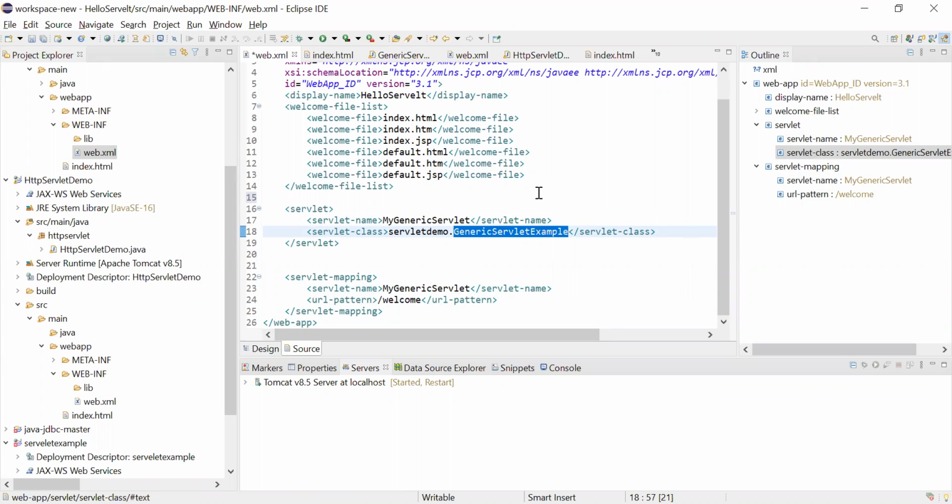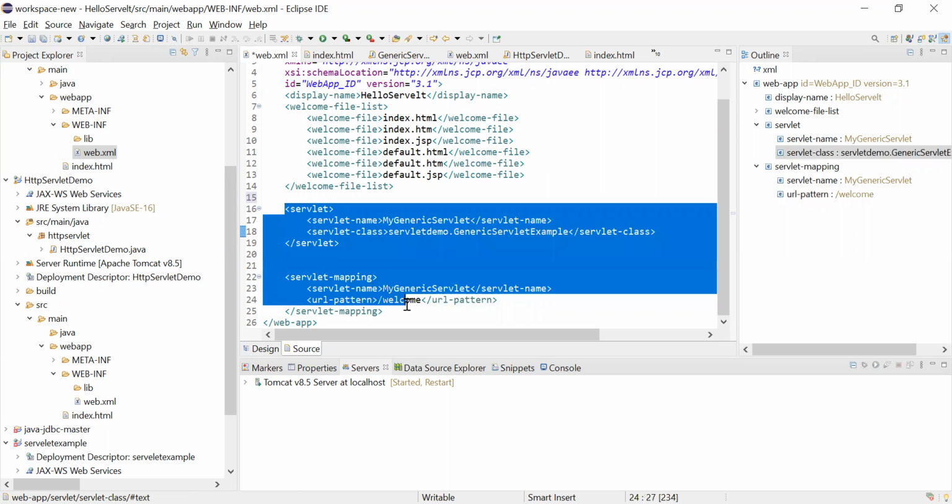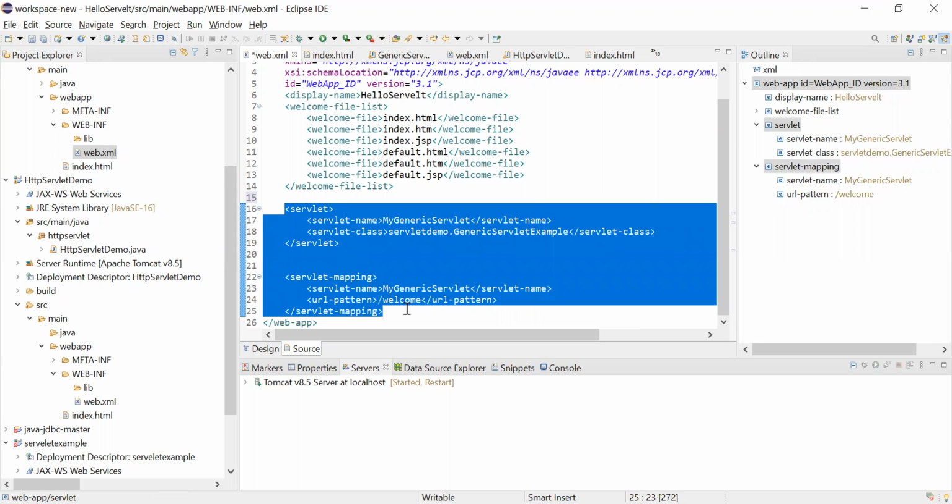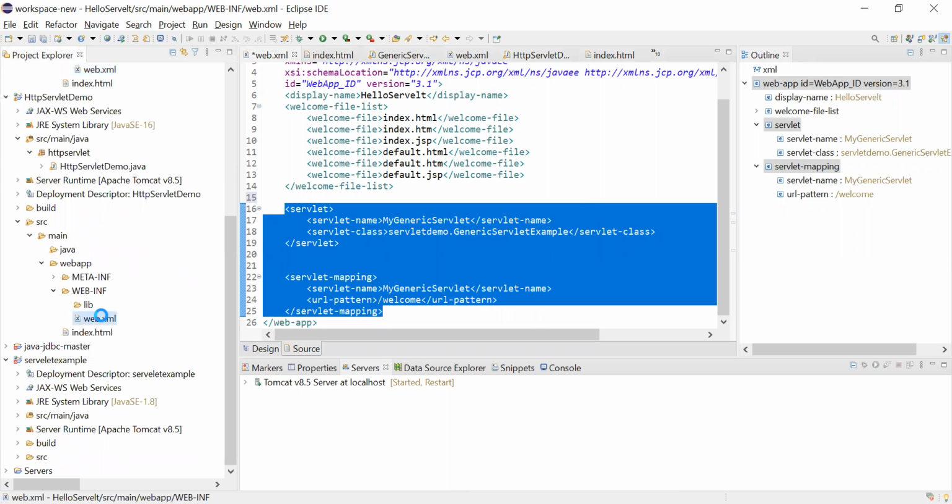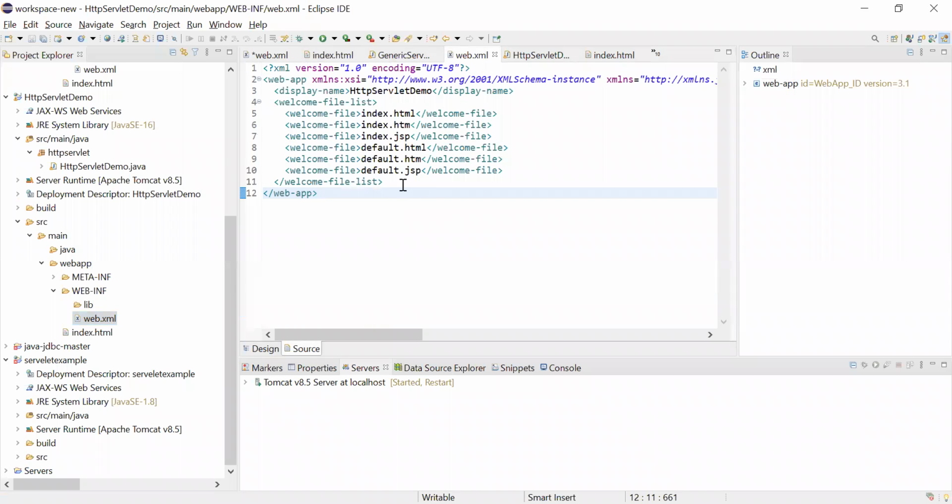Once it calls this class, automatically whatever code we wrote under this servlet works. I'm copying this from the previous example, coming here and pasting inside the web app tag.